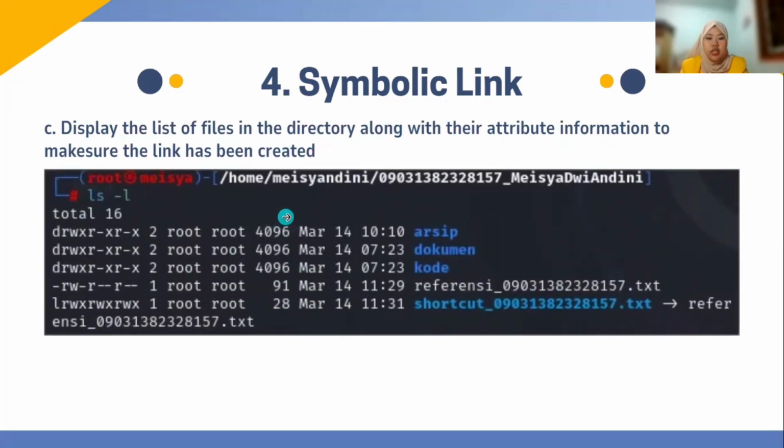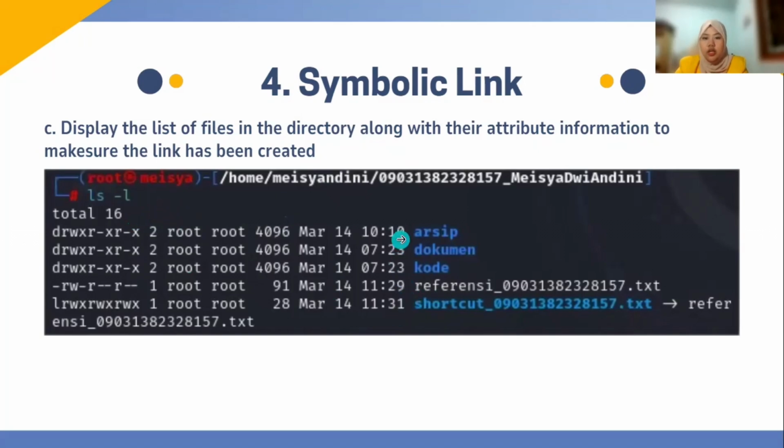The next instruction is to display the list of the files in the directory along with their attribute information to make sure the link has been created. We just type ls -l because it is asked to see the directory structure, and also make sure that the symbolic link we created before has been successful.